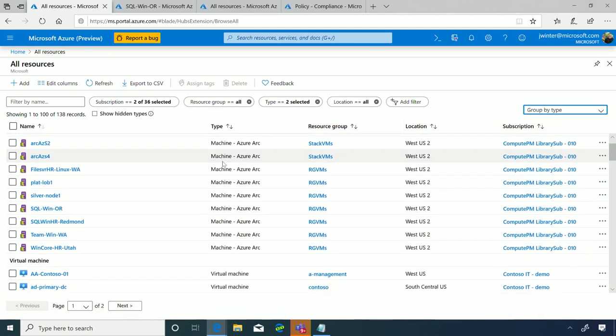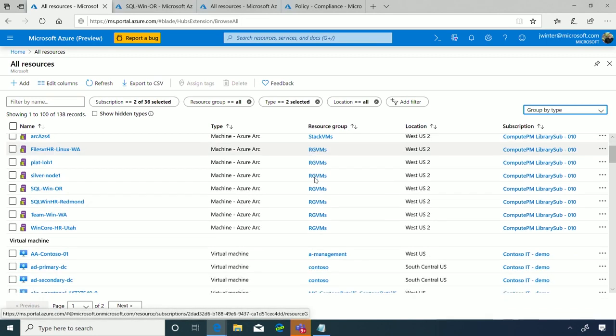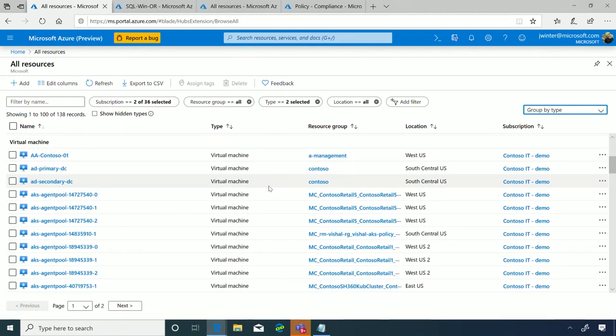So here it is. With all my resources, because we know all resources is where a lot of people spend their time in Azure. Here it is. Here's all my Arc machines. These are all machines that are talking in different environments. You can see my resource group. I've connected to machines that are on Azure Stack, and I'm connected to machines that are sitting inside my own data center. And that's right there in the same experience as I would with my Azure VMs, which you typically see. So that's the first step of really bringing in Arc. And it's really just centered. If you know Azure and you know Azure policy and you know what we can do with management and the Azure resources, we've really just brought it in native and it's extending ARM that way.